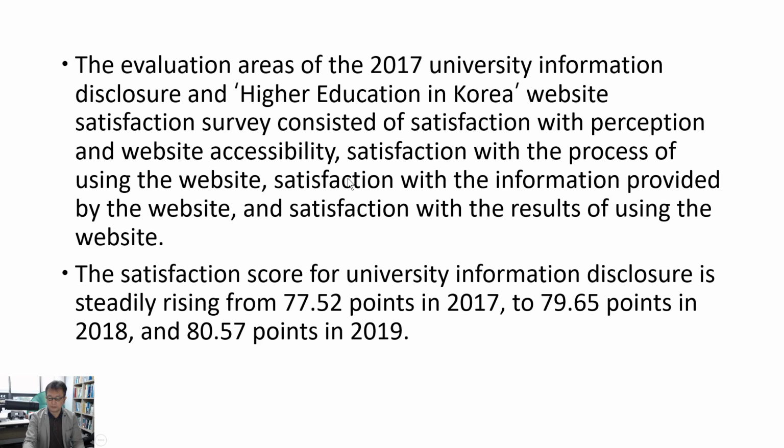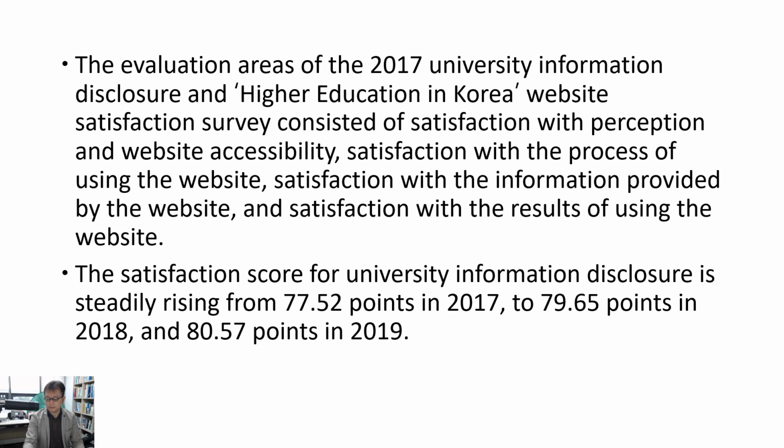The evaluation area of the 2012 University Information Disclosure and Higher Education in Korea website satisfaction survey consisted of satisfaction with perception and website accessibility, satisfaction with the process of using the website, satisfaction with the information provided by the website, and satisfaction with the result of using the website. The satisfaction score for University Information Disclosure is steadily rising from